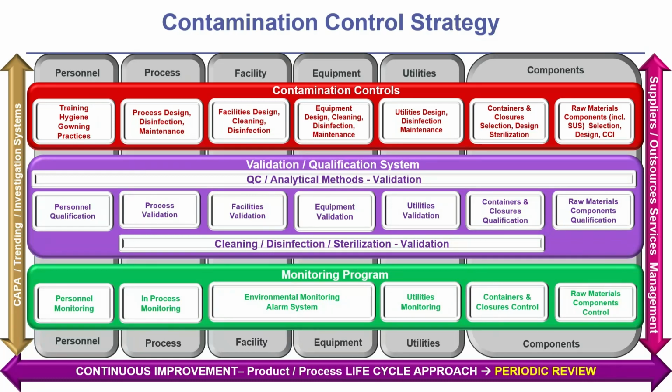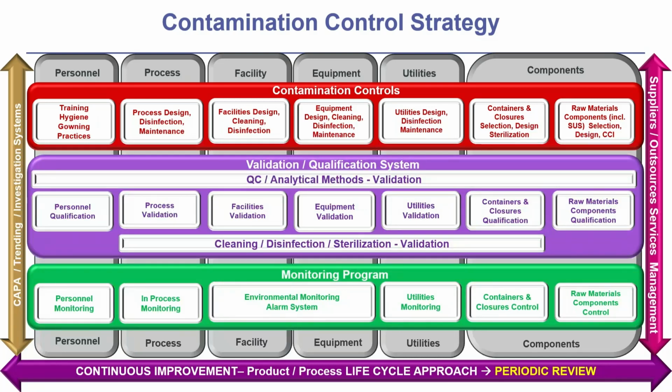The second step is a validation and qualification system for each topic, with personnel qualification, process, facilities, equipment, utilities validation, but also container, closure, and raw material qualification. Don't forget in this approach of validation the quality control with analytical method validation, but also the cleaning, disinfection, sterilization validation. The third step, the monitoring program, includes also the different topics with the personnel monitoring, the in-process monitoring, environmental monitoring with alarm system including this program, the same for utilities, for container closure, the control, and the same